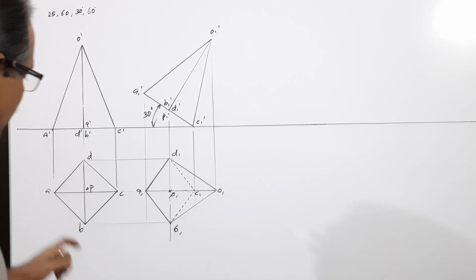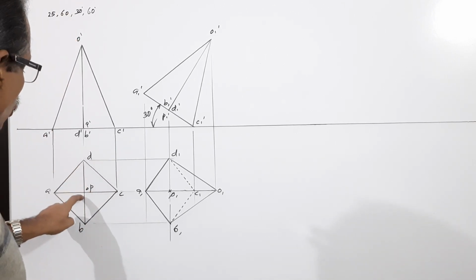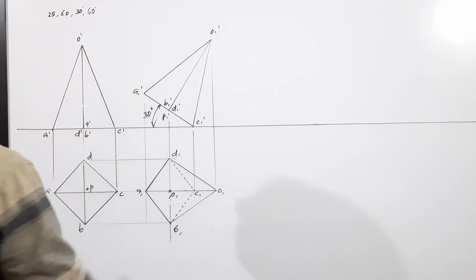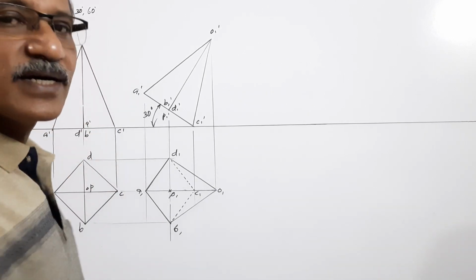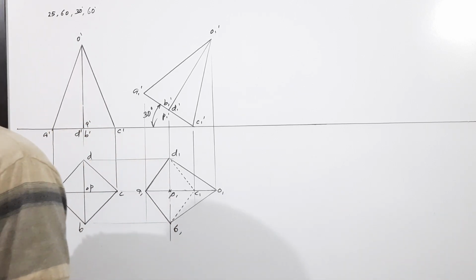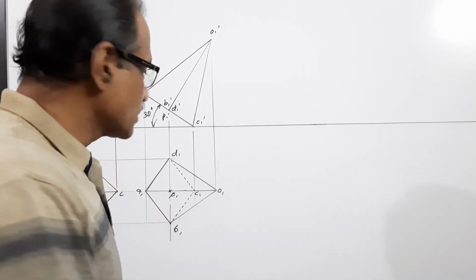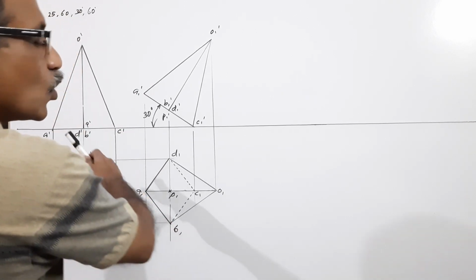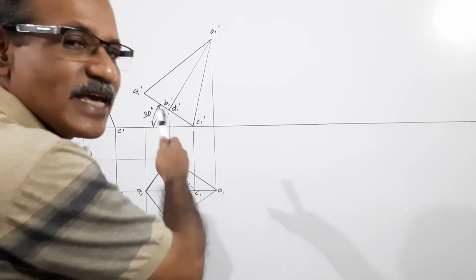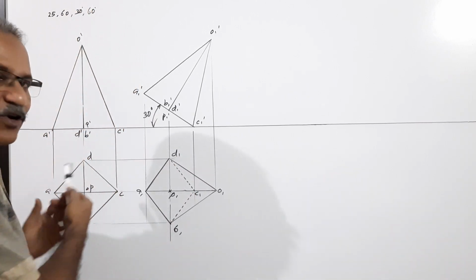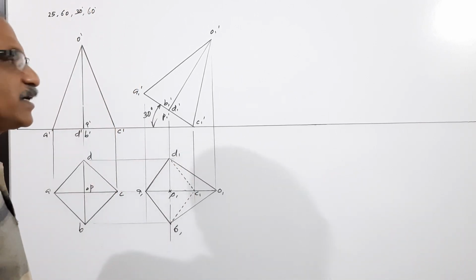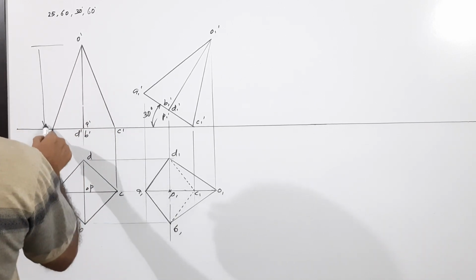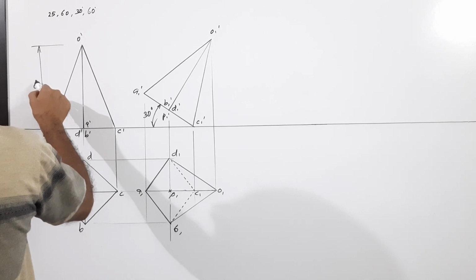That's the simple position: A, B, C, D, O, P. Project the elevation A dash, B dash, C dash, D dash, O dash, P dash. This is the plan and elevation of the square pyramid resting on HP on its base with all base edges equally inclined to VP. I will mark the dimensions. This is 60,